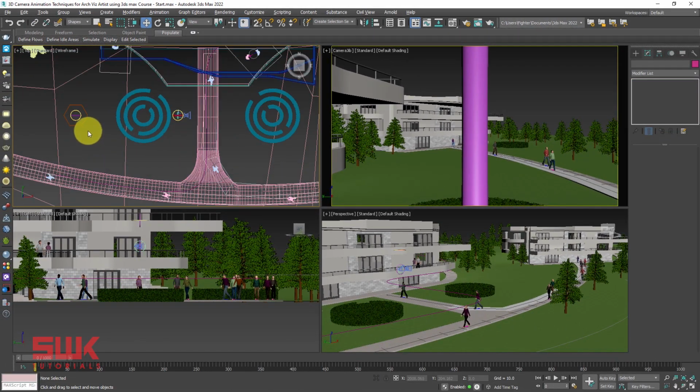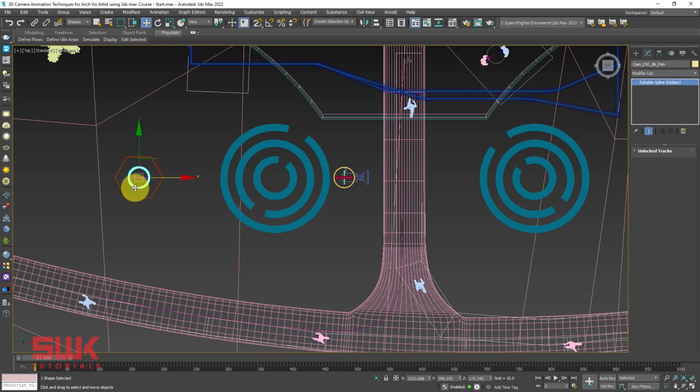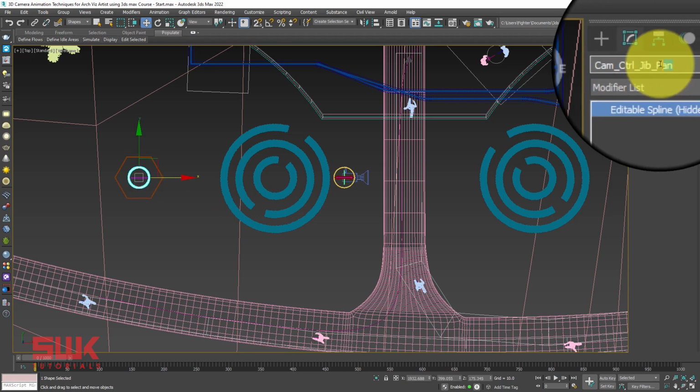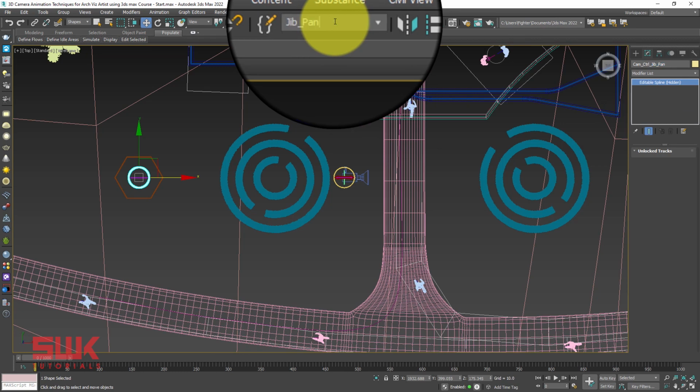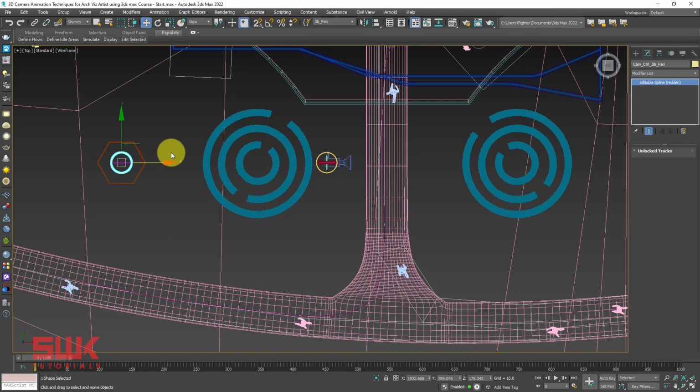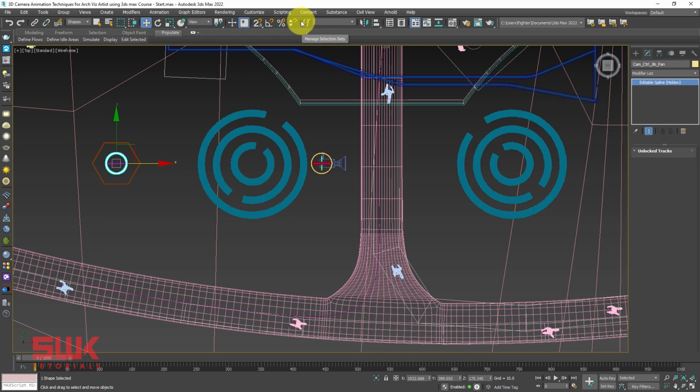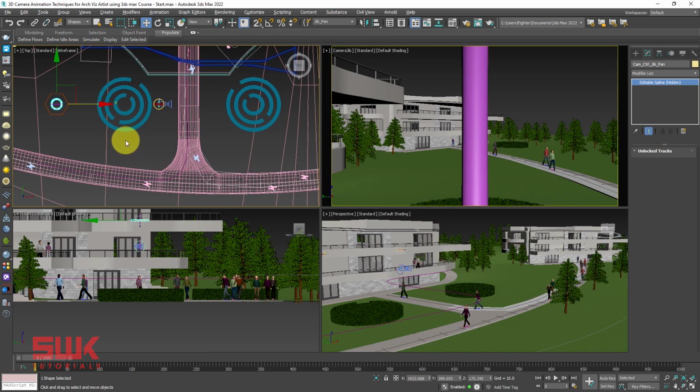After this, I will select my jib pan controller. This jib pan controller, you can also create its selections here too. If you want, just simply paste any name here and click enter. Okay, and then I will bring it down.